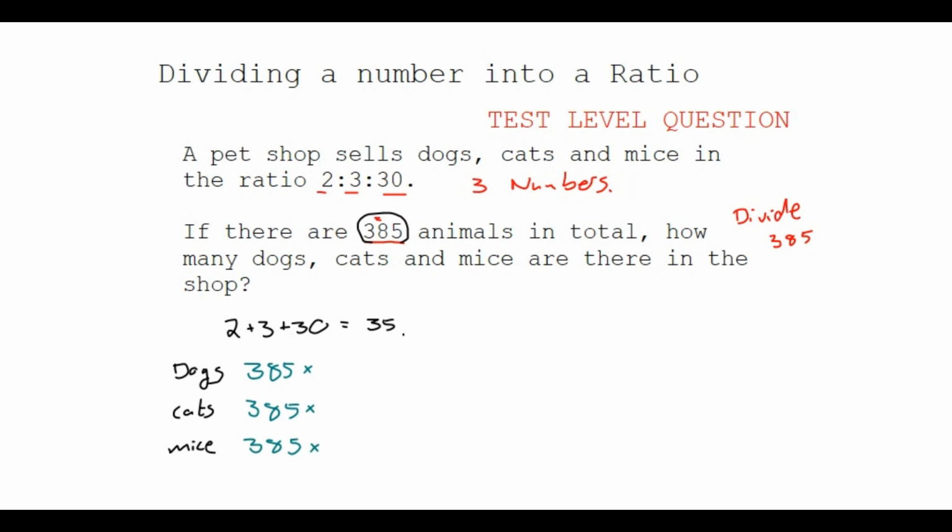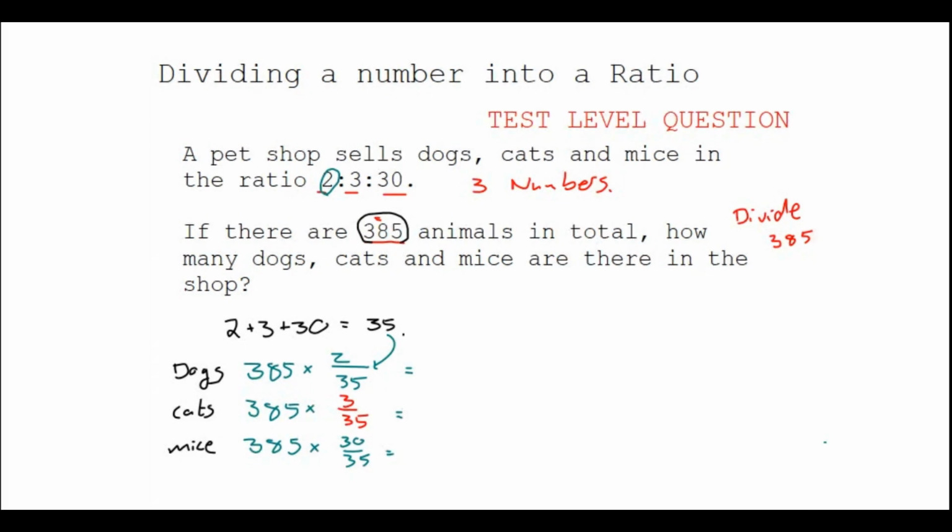How many dogs were there? 2 for every animal in the shop there. So we have 2 over, what's our total here? 35 equals something. Cats, same thing. Multiplied 3 over 35. And lastly, mice was 30 over 35. And again, we're allowed to use our calculator to help us here,